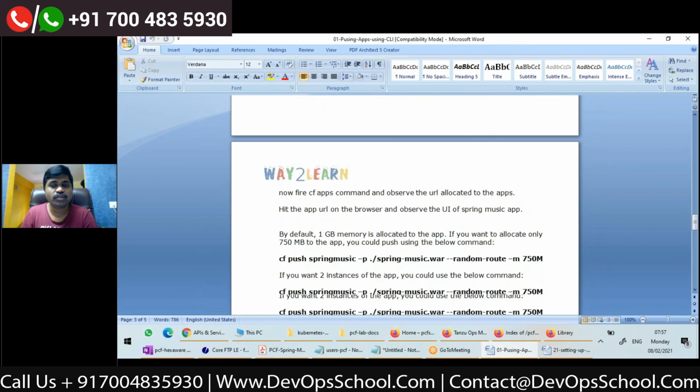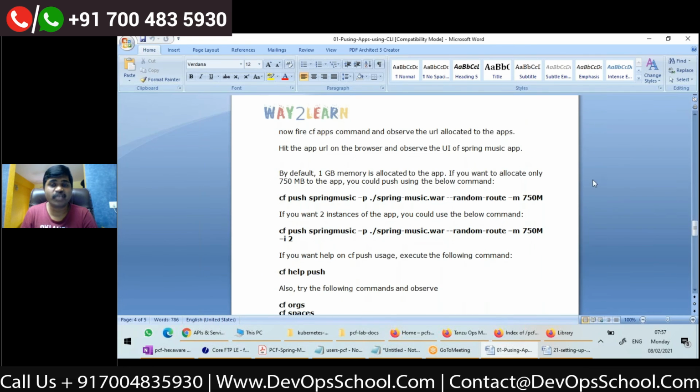Now, while pushing, if you want to give memory, as I told you, you can use -m with whatever memory you want. Here I give 750M. If you want 2 instances, -i.